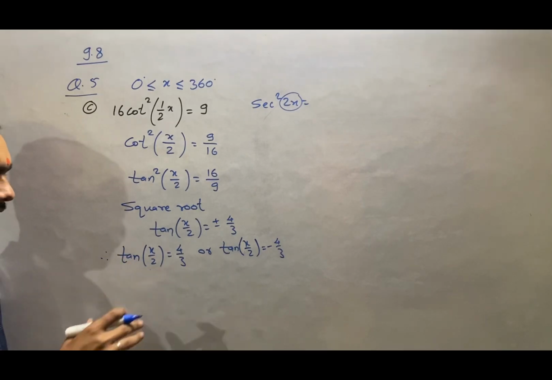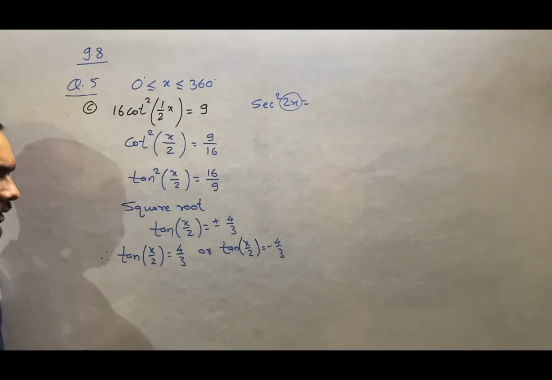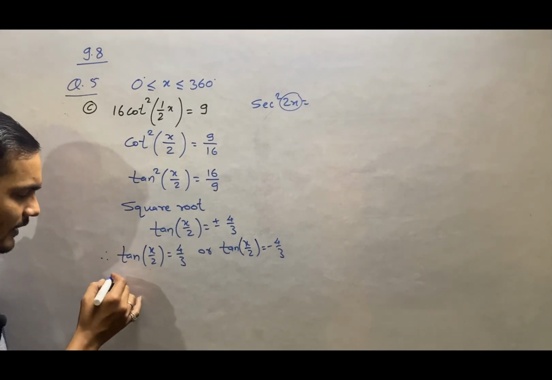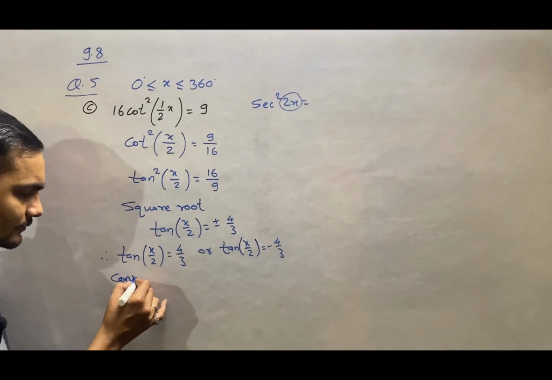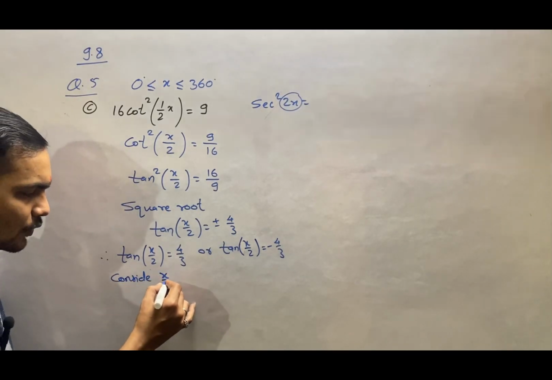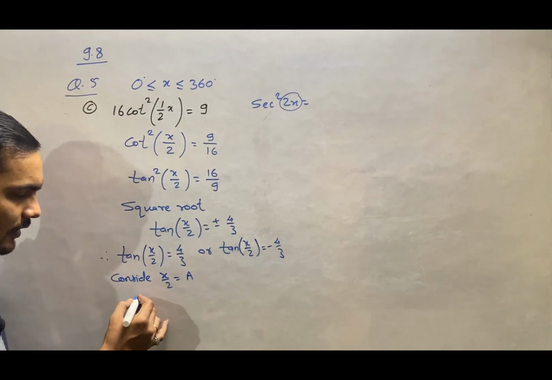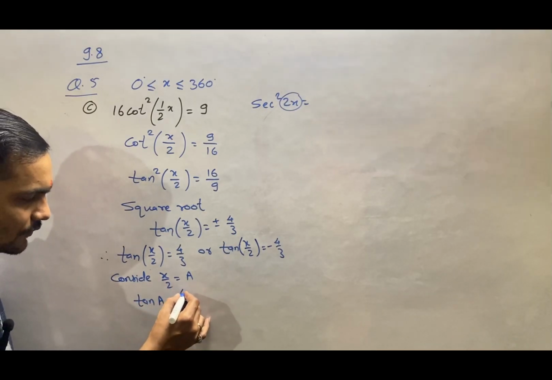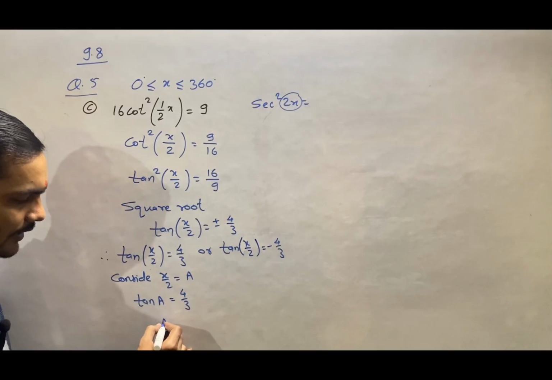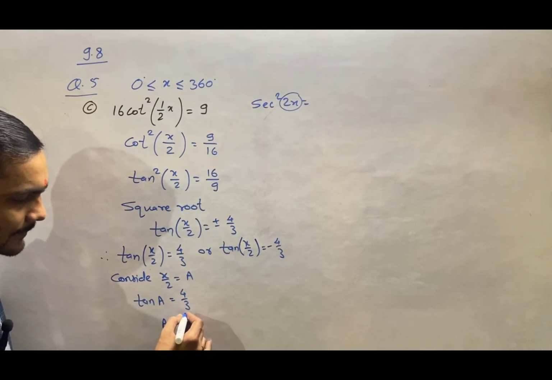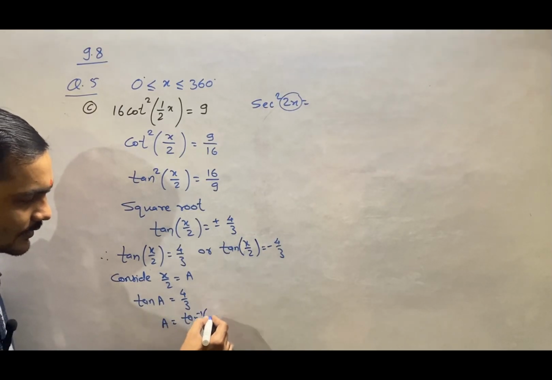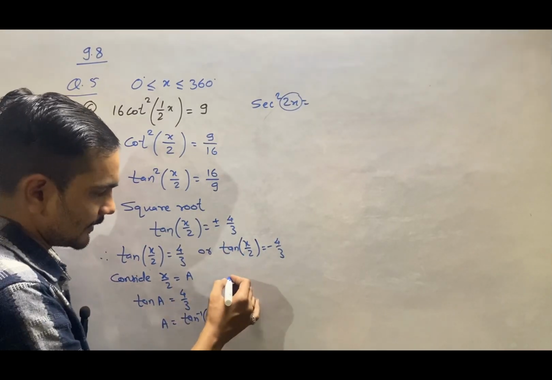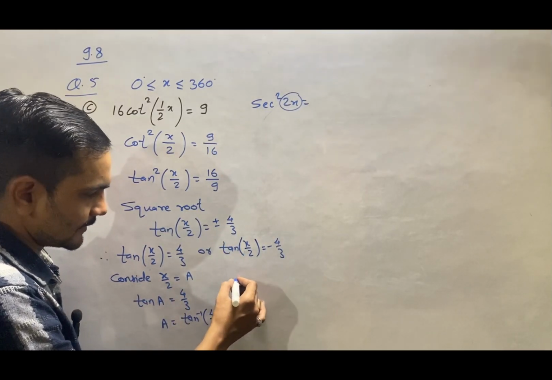Or if you want, you can also solve it directly. But let's consider x over 2 as a. So now tan of a equals 4 over 3. Now a will be tan inverse of 4 over 3,